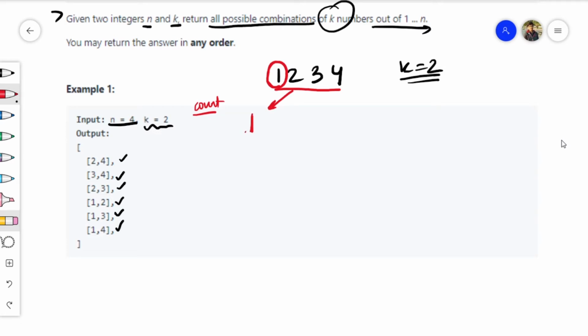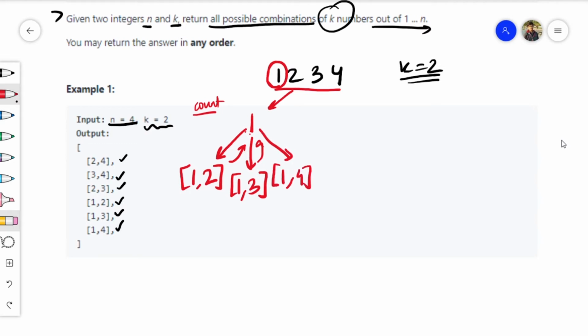Example, 1 can go with 2, so 1 and 2 can be formed, and they are of size k equal to 2, hence we'll stop here. Then after this we'll pop the 2 and come back to 1, and again we'll check for 1 3. This is possible, and then we'll come back and check for 1 4.